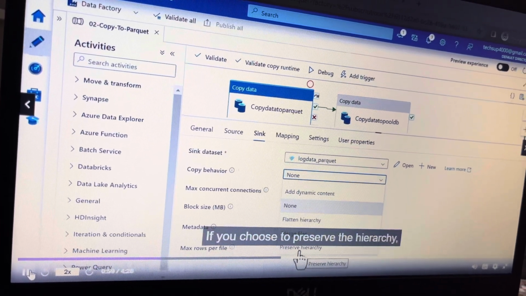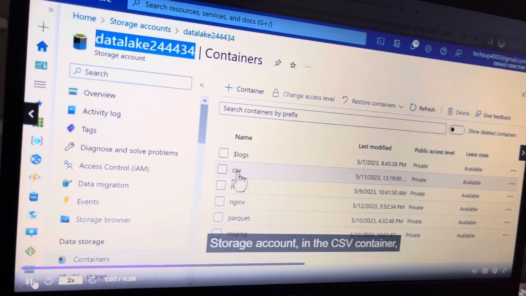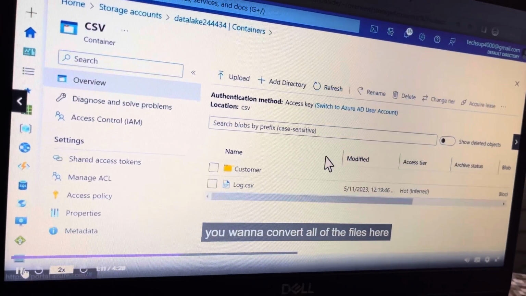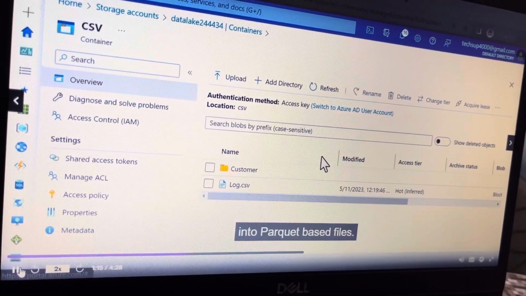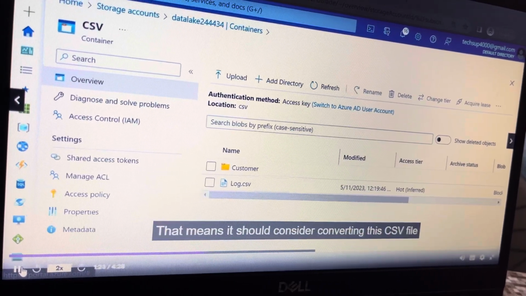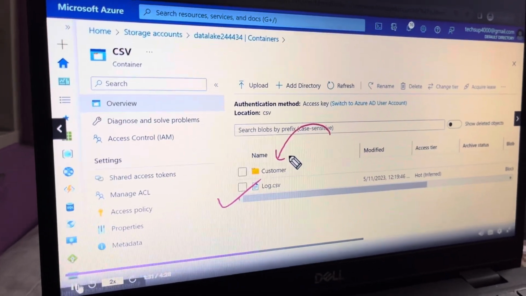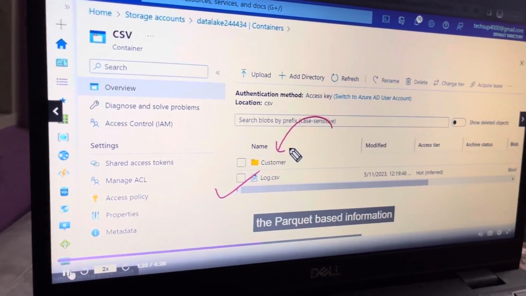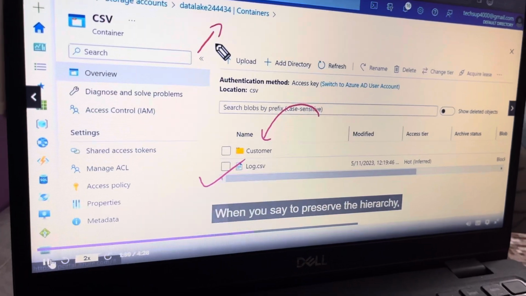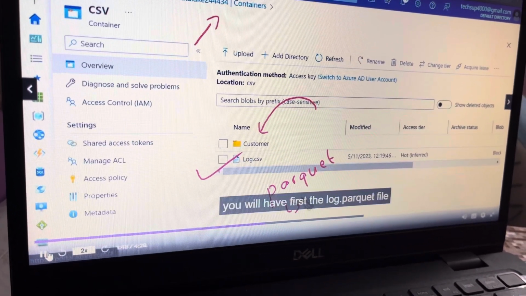If you choose to preserve the hierarchy, what does this mean? So let's say that in your Azure Data Lake Gen 2 storage account, in the CSV container, you want to convert all of the files here into Parquet-based files. So you choose your CSV container as the source location. That means it should consider converting this CSV file, and if there are any CSV files in this customer folder. We are then transferring the converted information, the Parquet-based information, onto the Parquet-based container. When you say to preserve the hierarchy, this means that in the Parquet container, you will have first the log.parquet